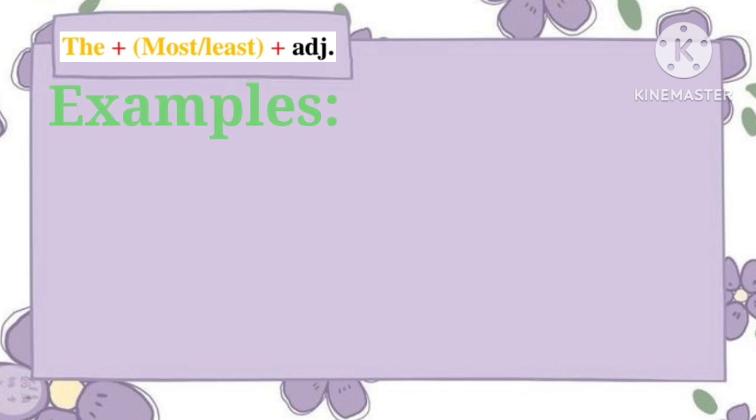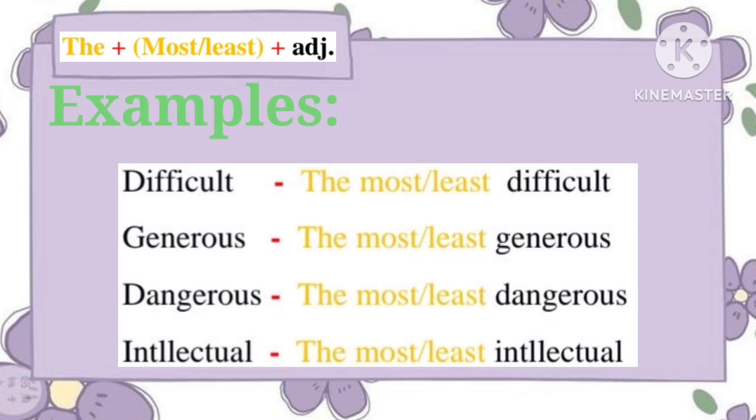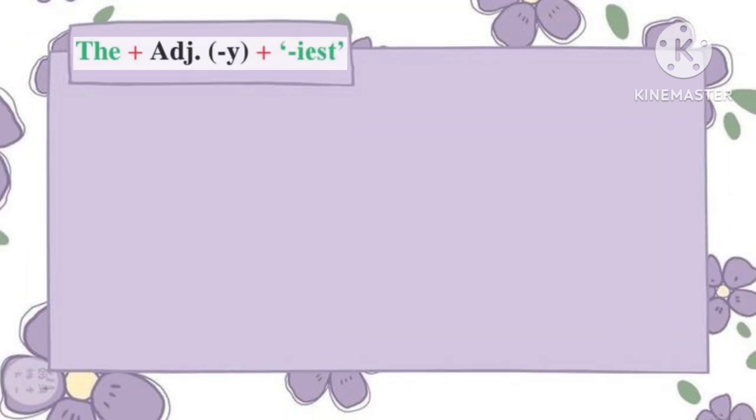For example, difficult, the most, least difficult, generous, the most, least generous, dangerous, the most, least dangerous, intellectual, the most, least intellectual. For two-syllable adjectives ending in y, change the y to i,